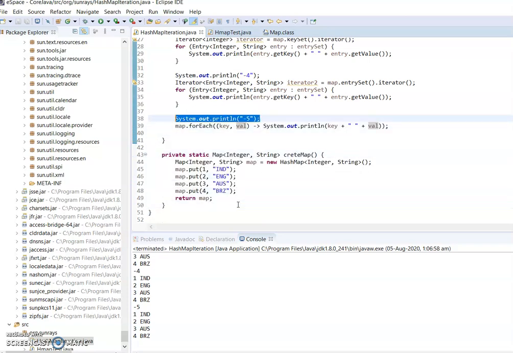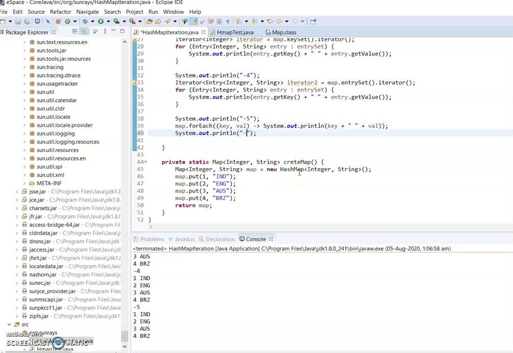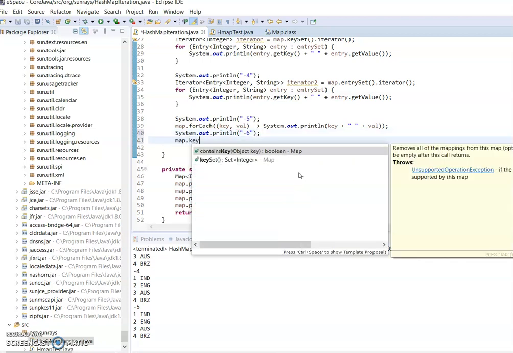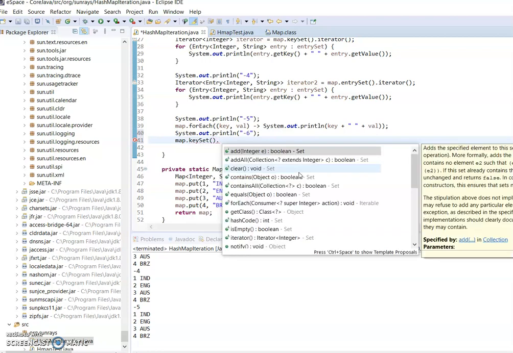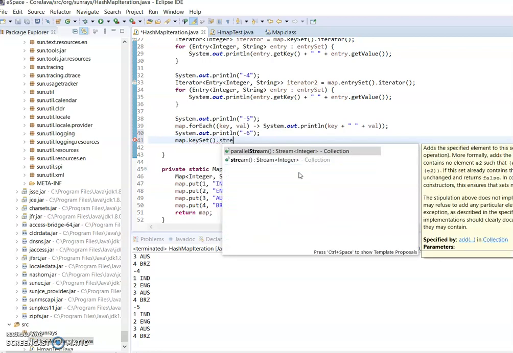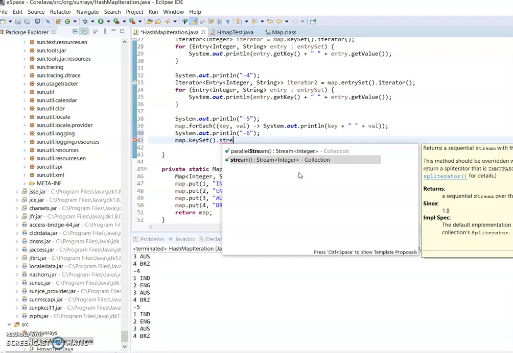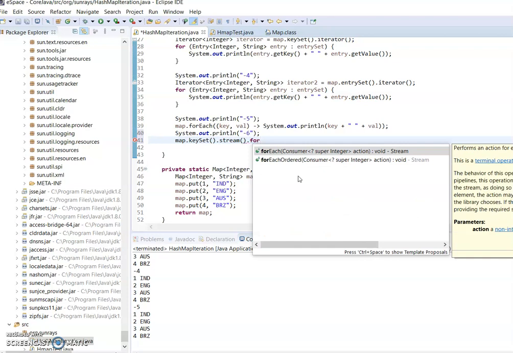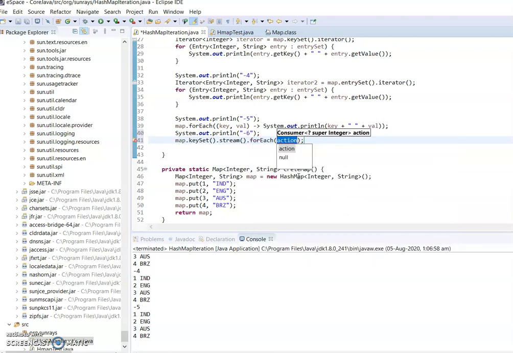The other way using forEach is from the keySet, entrySet or iterator. So map.keySet, and from that keySet I can get the stream if I want. From the stream we can also call forEach. From the keySet we get a set of keys, I converted it to a stream, and I'm iterating these keys.